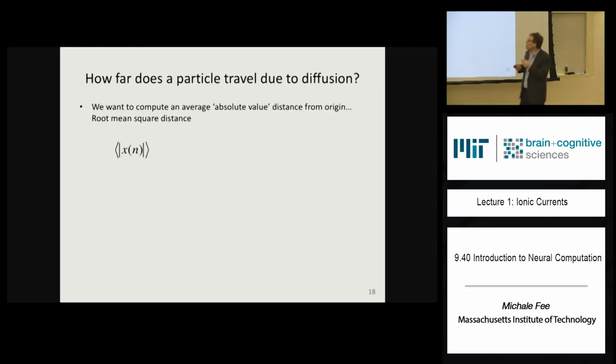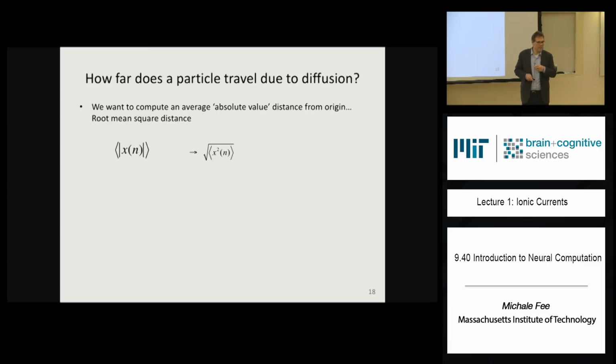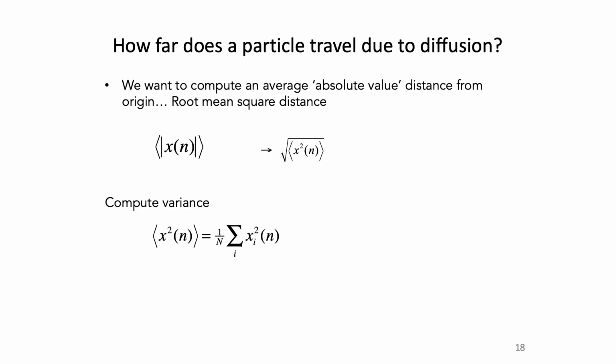Yeah? So, absolute values, nobody likes them. They're hard to deal with. But this is exactly the same as calculating the square root of the average square. It's the same as calculating the variance. Does that make sense? Okay, so what we're going to do is calculate the variance of that